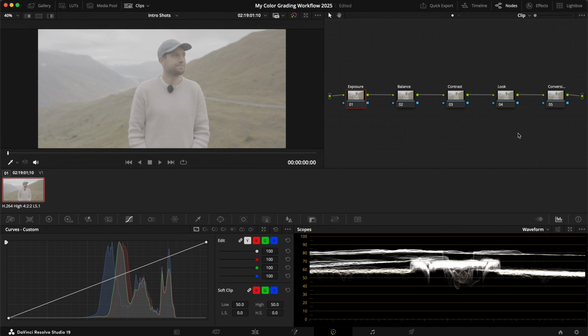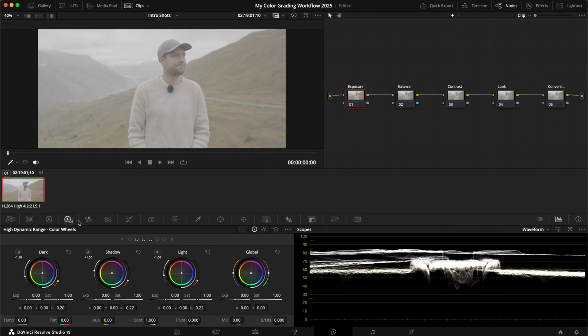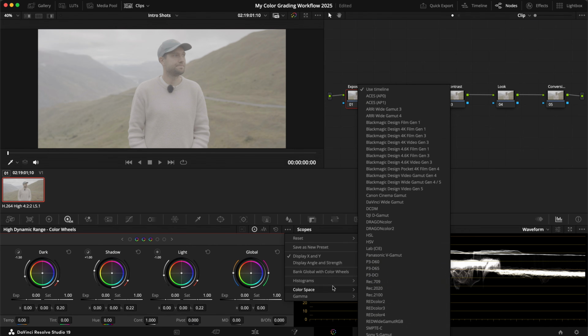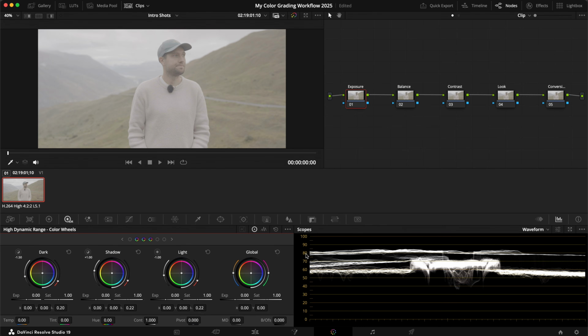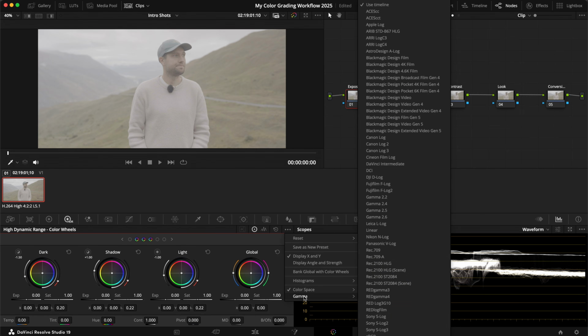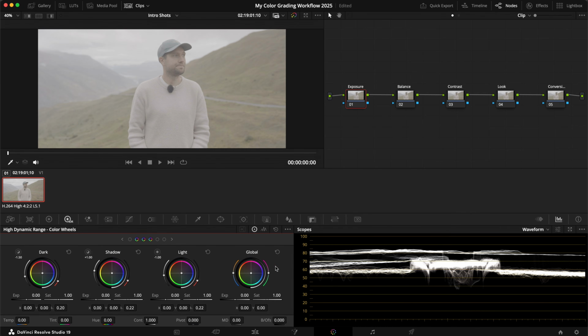And all the previous videos that you've seen on my channel for the last few months have been made with this exact workflow. So what we need to change here is in the exposure, I'm going to the HDR wheels. That's what I use to change my exposure in these 3 dots. And then in color space, I change it to Sony S-Gamut3.Cine. You can't see that because it's out of my screen recording, but you just have to trust me. And on gamma, you can just barely see that, S-Log3. So that just makes it so that this tool in itself works as it's supposed to with the log footage